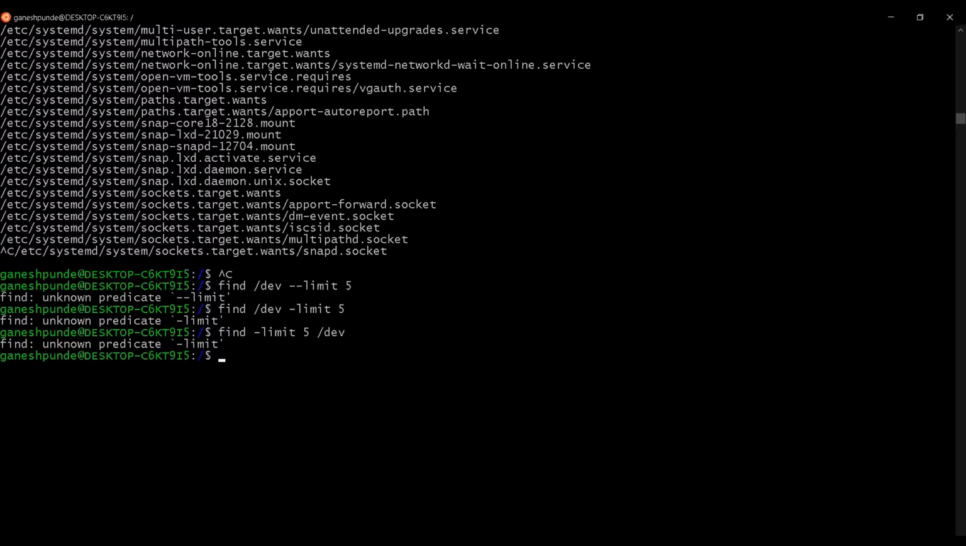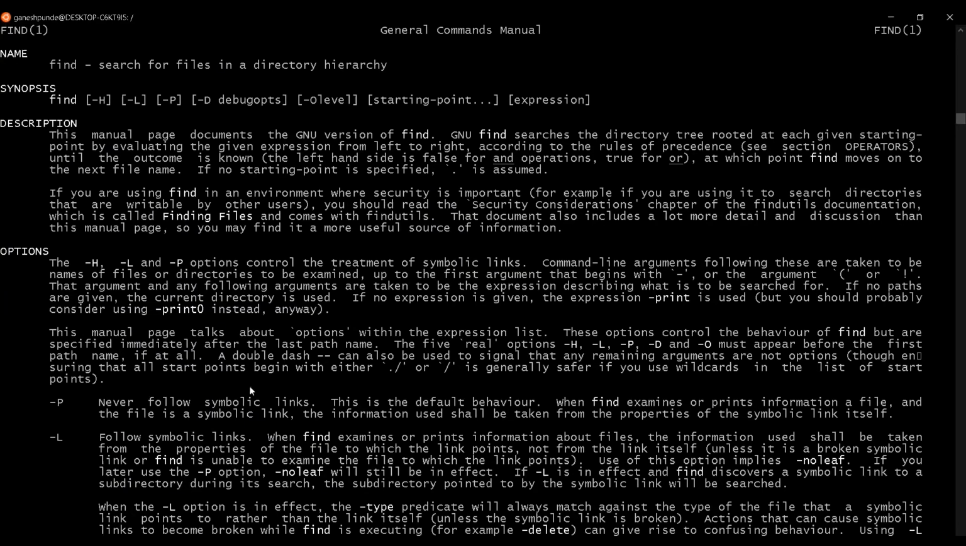Oh, I think limit is there in locate, not in find. Yes, sorry. Limit is there in locate, not in find. So we can't use the limit in find. So if you want a label, you can limit that. So let me see if I want to limit the